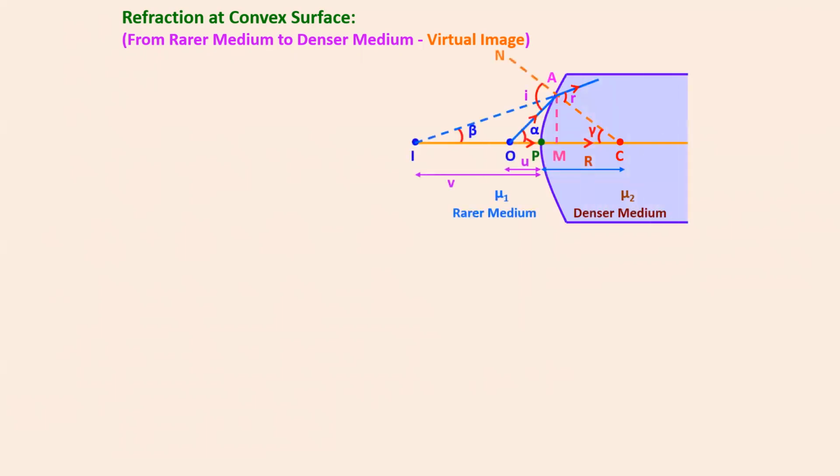Let us go for the next derivation, refraction at convex surface. Again, convex surface. But this time we are going to draw for the virtual image. Rarer medium to denser again, but for virtual. Now for virtual, if you remember, it is like the lens thing, right? Do we remember when we can put the object so that we get a virtual image? If you put it closer, between, like, closer to the pole, if you go further closer to pole, you will get